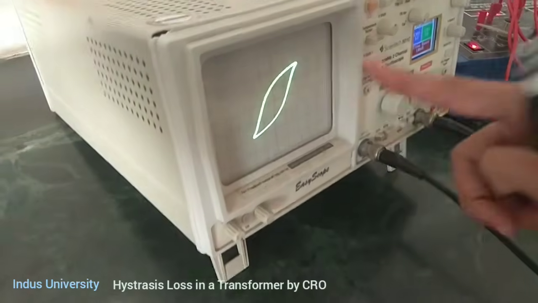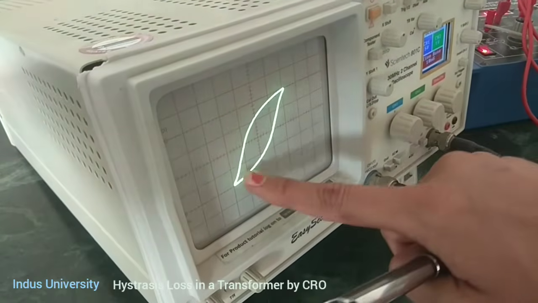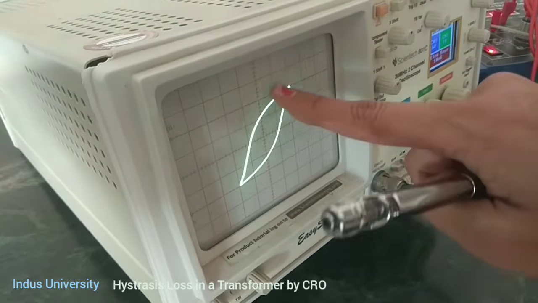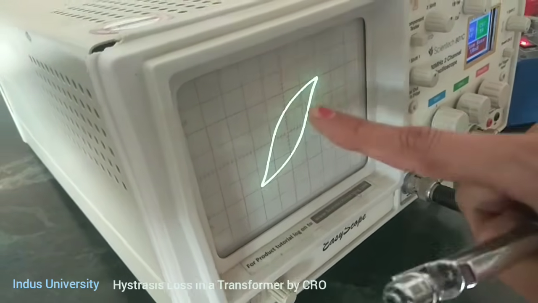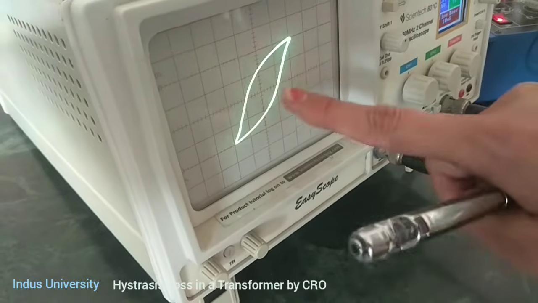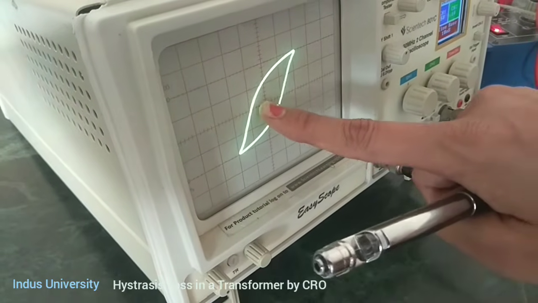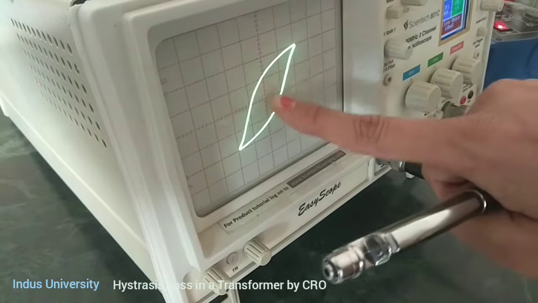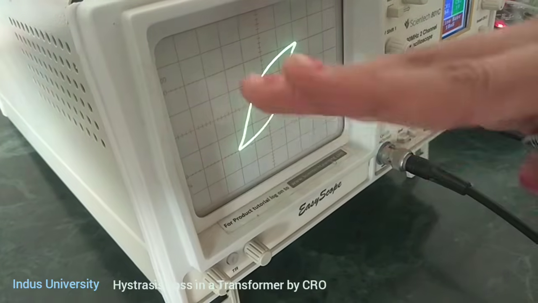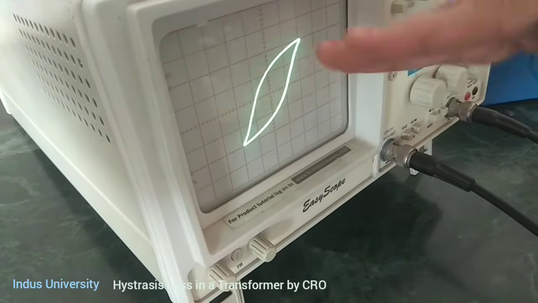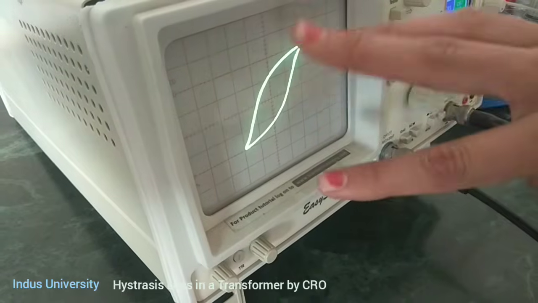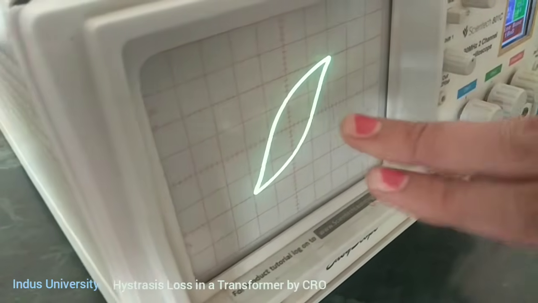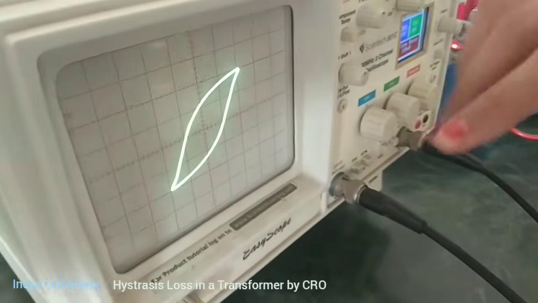So the area of the loop is nothing but this is your loop. In this BH curve, whatever your loop is there, that whole loop you have to count the area of. So first square, the whole square, second whole square, or either you can find out for the half and just make it double, so that will be the total area of the loop, because this half and this half will be the same.